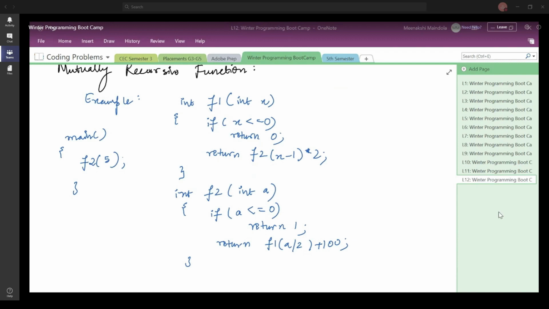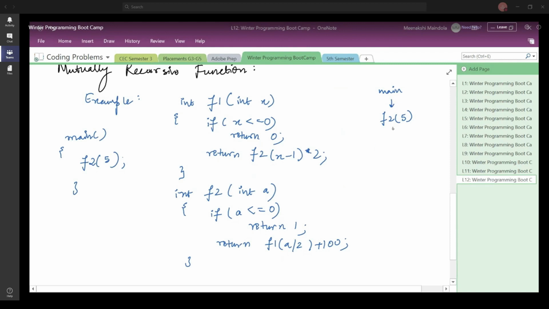Let me move along, and you should also move ahead. If I call f2 of 5 from main, what is going to happen? You call f2 with the value 5, so the value of a is 5. Check this condition: if 5 is less than or equal to 0, the condition is not true, so you make this call.